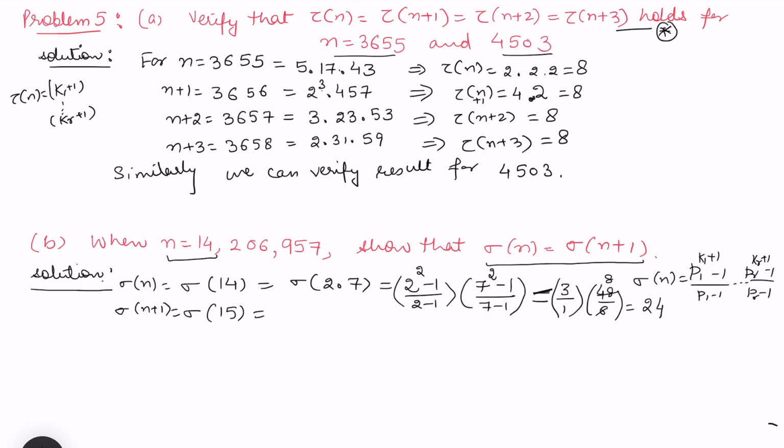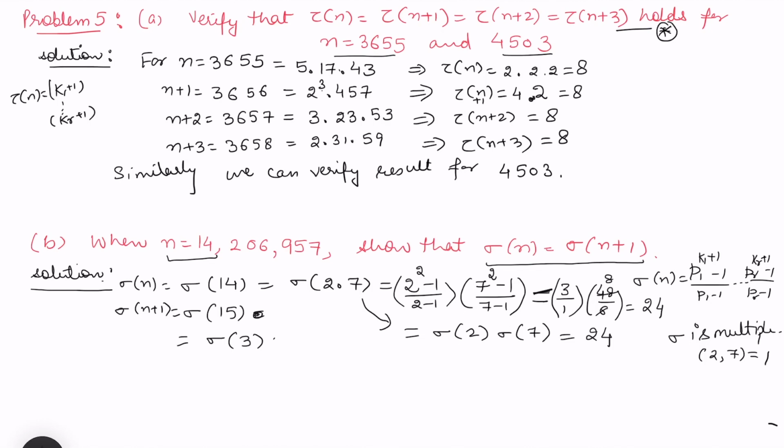We could have also applied in this case that sigma is multiplicative. Sigma is multiplicative. So if the sigma is a multiplicative function, because the GCD of 2 and 7 is 1, we could directly write it is the same as sigma 2 and sigma 7. So that also gives me the result as 24. So we can apply it in any of the forms. And for sigma 15, we can write it as sigma 3 into sigma 5. And this will give me the result as again 24. So again star holds. And similarly,